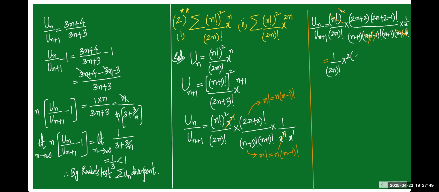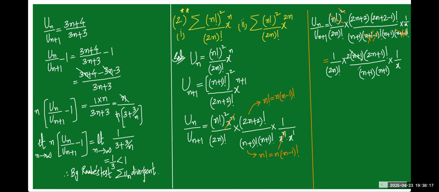From these two, can we take 2 common, then we are left with n plus 1 here, and if you simplify this we get 2n plus 1 factorial here. Denominator is n plus 1 and here n plus 1, that is nothing but n plus 1 whole square. If you don't want to write n plus 1 whole square, simply you can write n plus 1 into n plus 1 also,